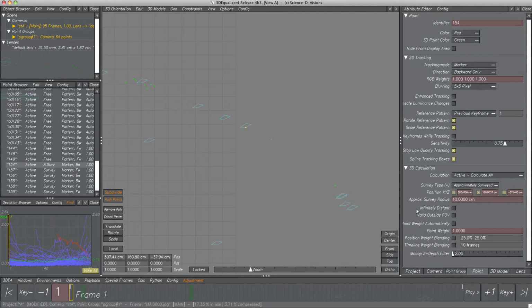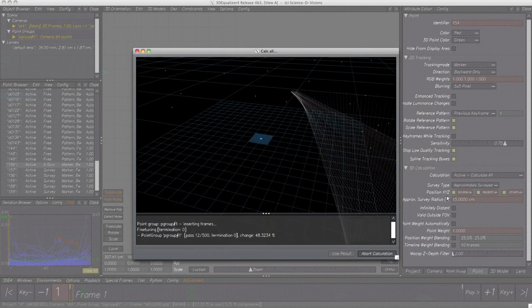This feature allows 3DE4 to adjust the points positioned in 3D space within the set radius, preventing it from moving around too far. Starting with a value of 15 centimeters, the calculation process now has the opportunity to find a better position for the reconstructed point within the set radius. Calc all,